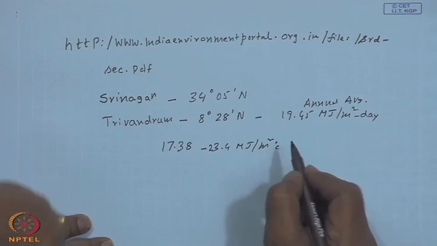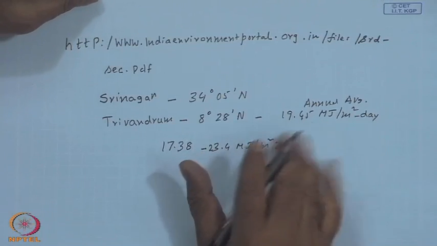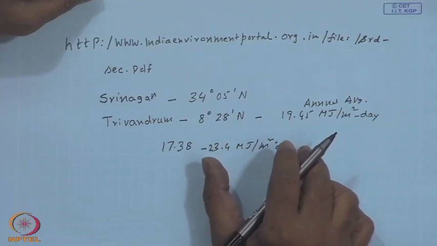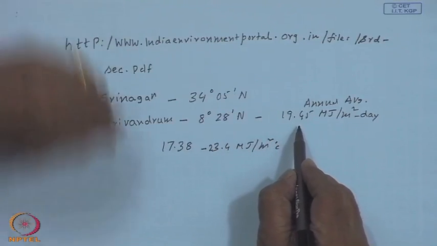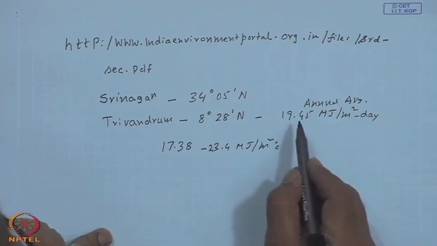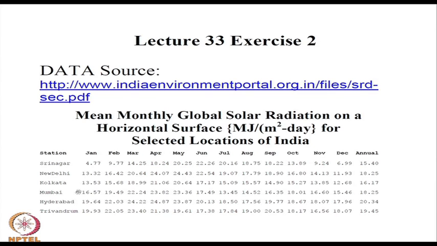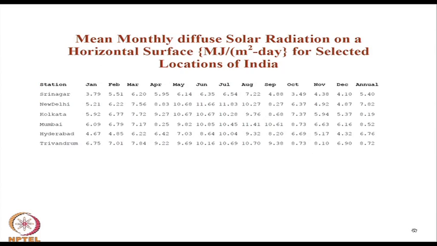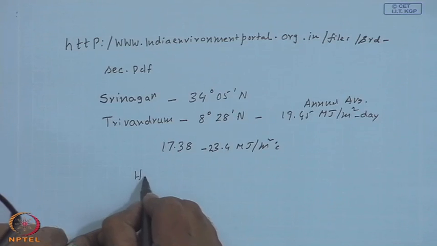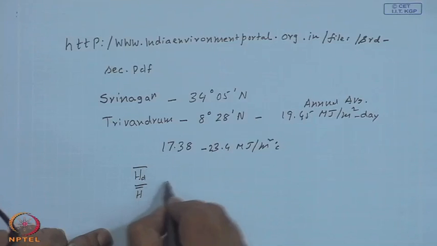That is, statistically the standard deviation is very low, and as you go very near the equator, the variation between January to December, or the summer June to December, is very small. Like that, you can make an interesting observation for the remaining locations, and that was my idea of showing it here. The corresponding diffuse solar radiation on a horizontal surface is given. One of the ideas of giving this data particularly to you is that you might verify the Hd bar by H bar correlations